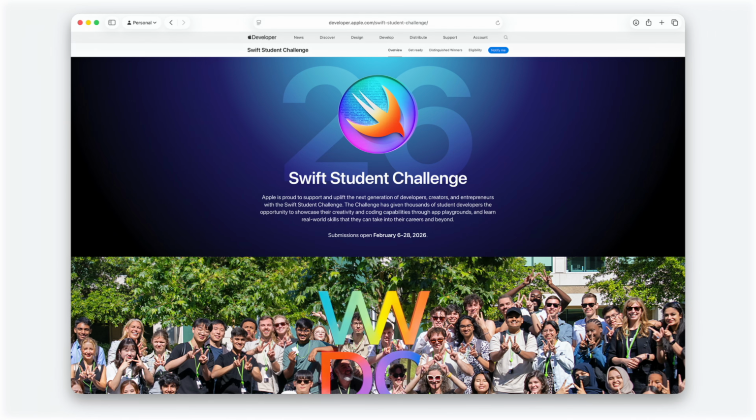And every single one of you has a story to tell, or an idea for an experience or a game that could lead to an app. So go for it, and you'll gain skills just by experimenting, iterating, and creating something for the challenge. And we can't wait to see what you dream up. The Swift Student Challenge is open to students from all over the world. You can find all the info about eligibility and sending in your submission on the Swift Student Challenge website.